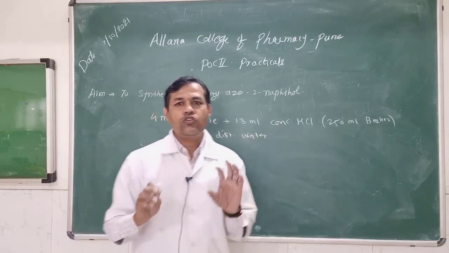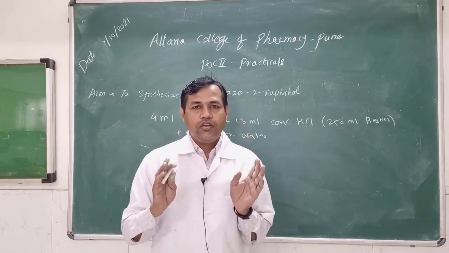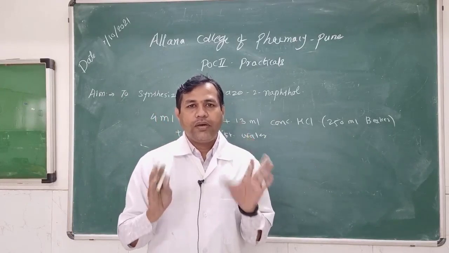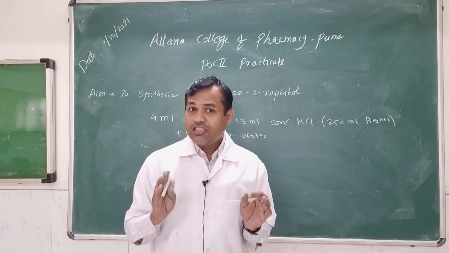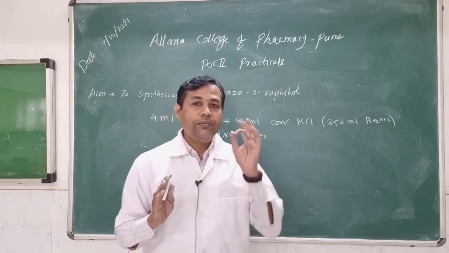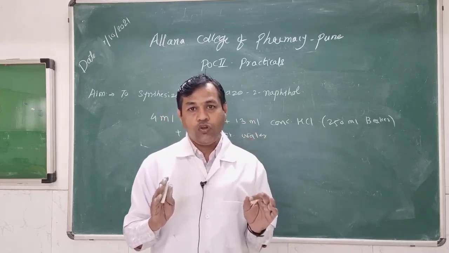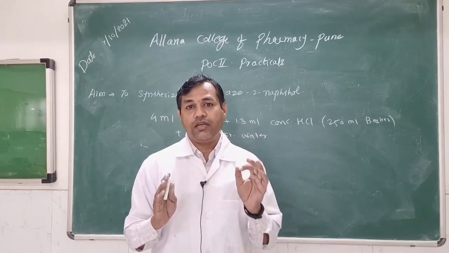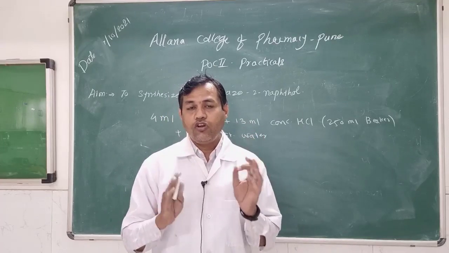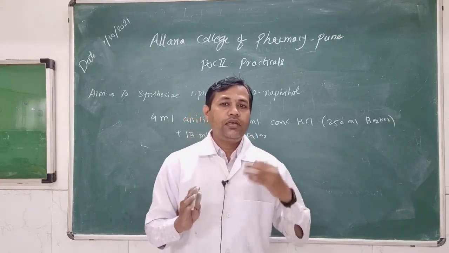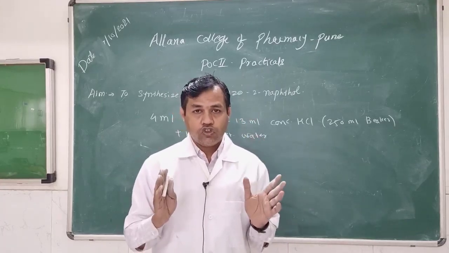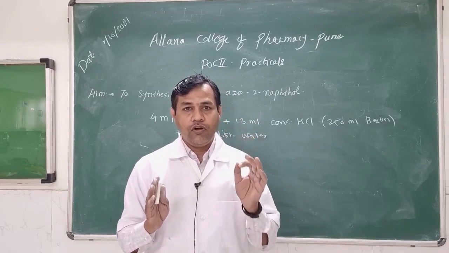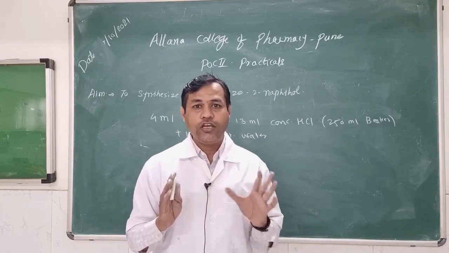So this is, you can say, solution A. This solution A you have to keep in an ice bath, cold ice bath. Remember one important thing. This is the diazotization reaction, and here temperature plays a very important role. So it should take place in a cold solution, nearly 0 to 5 degrees centigrade. If your temperature rises above, you will not get the yield, you will not get the product. So temperature control is very important in diazotization type of reactions.